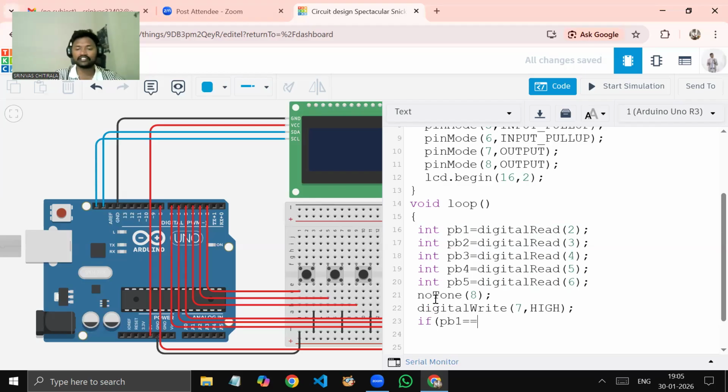Then you see now if you press the first push button, then what will happen if PB1 equals low? This is nothing but first push button got pressed. Then what will we do? We will first turn on the LED. How? Digital write open bracket 7 comma high. As I told you before,